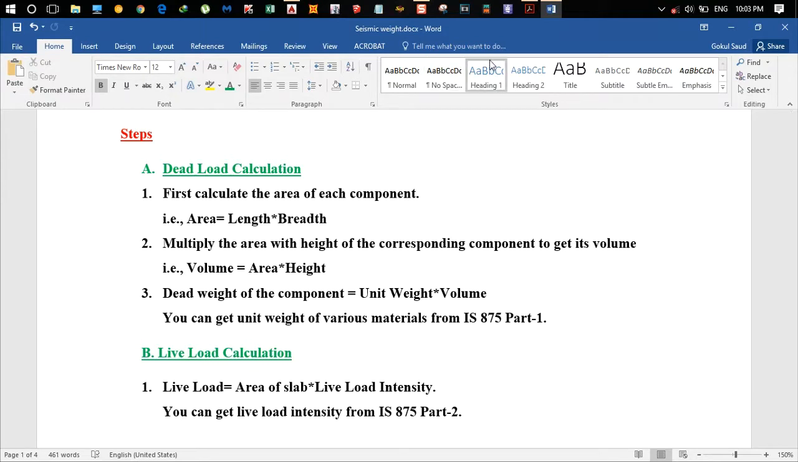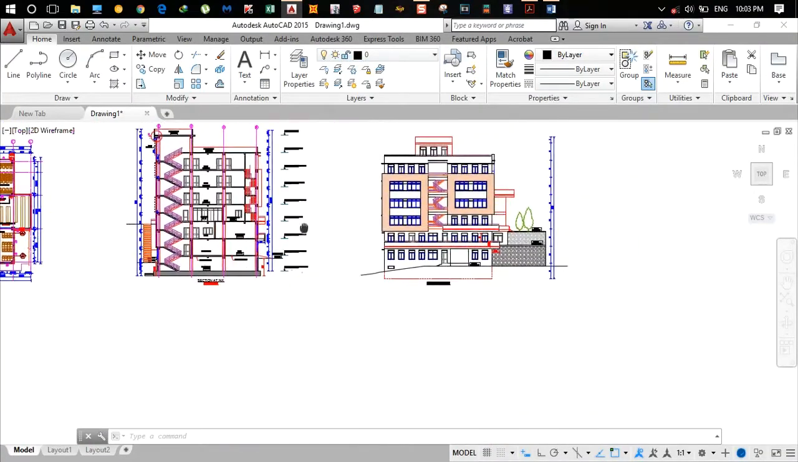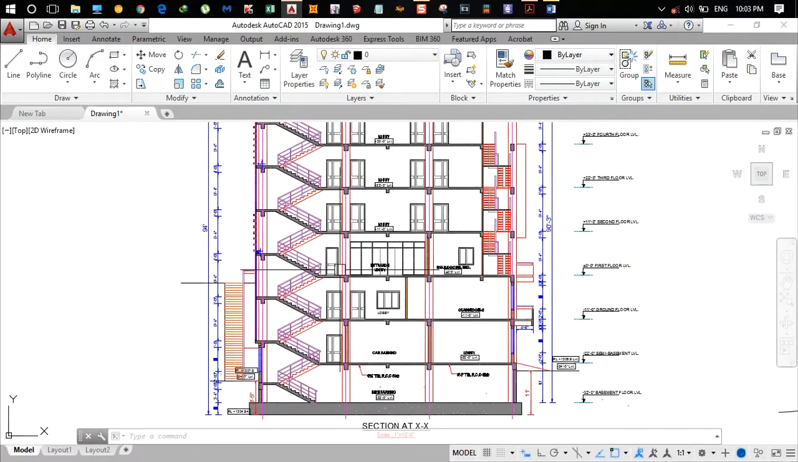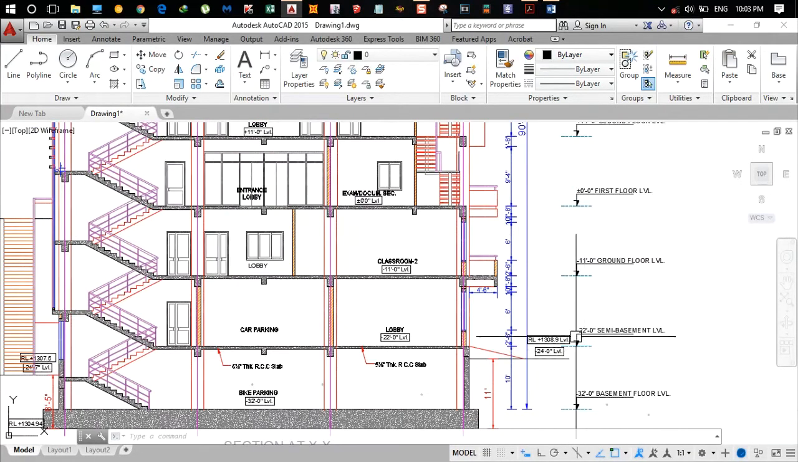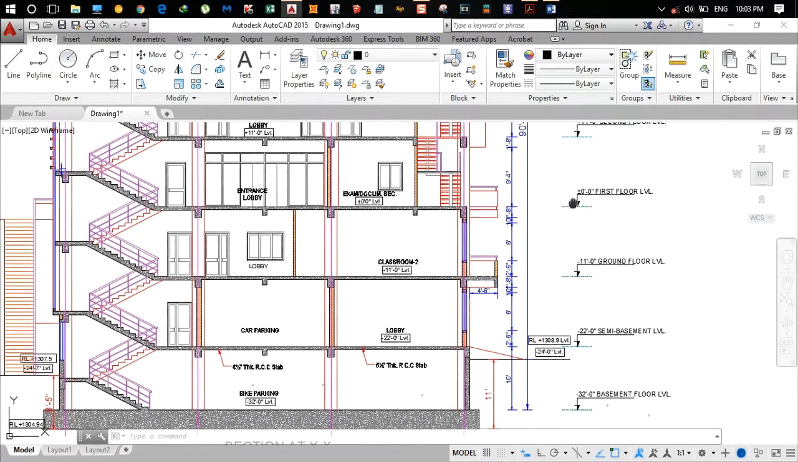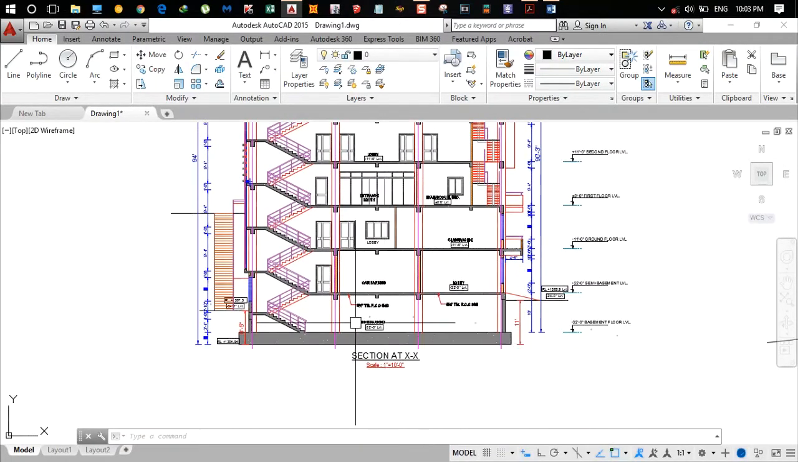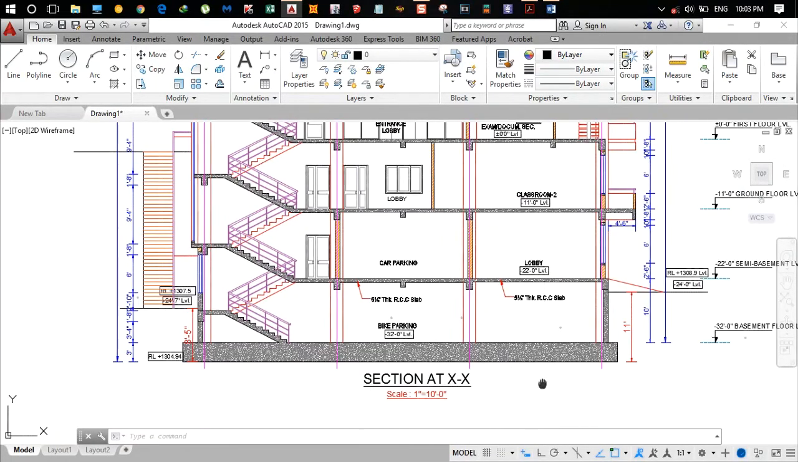Okay, so for demonstrating the seismic weight calculation, I have taken an example. I'll be using this building. So here is the section of that building. It has got basement, then semi basement, ground floor, first floor, and rest of the floors. Okay, so seismic weight of the building,